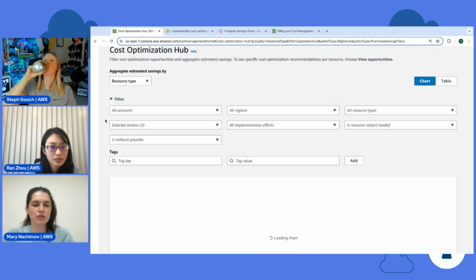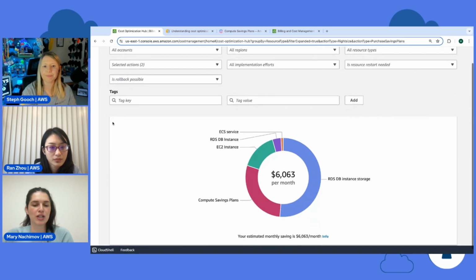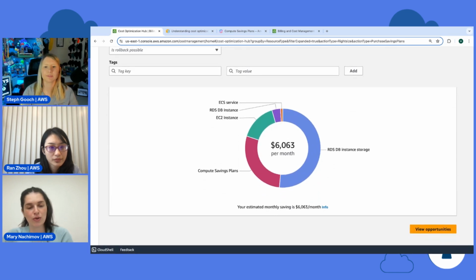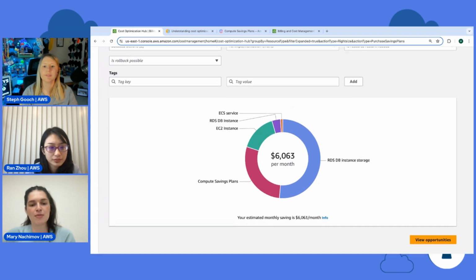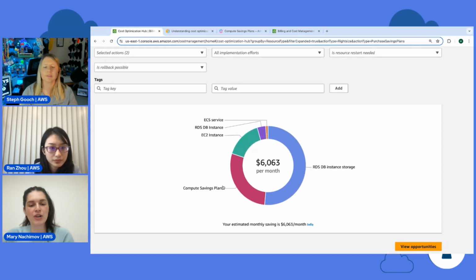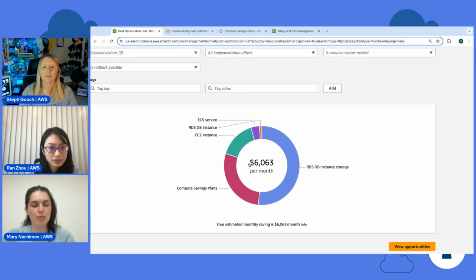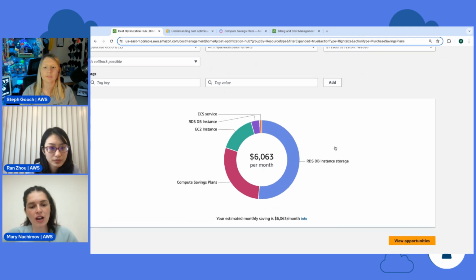Once I use these two filters, it actually will narrow down my window of opportunities, right? Because now I'm focusing just on rightsizing and purchasing savings plans. This number will change based on what I filter on. And the cool thing, as we mentioned before, is that we always present achievable savings here.